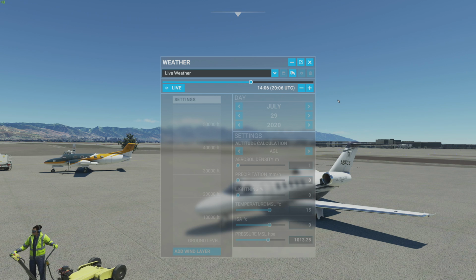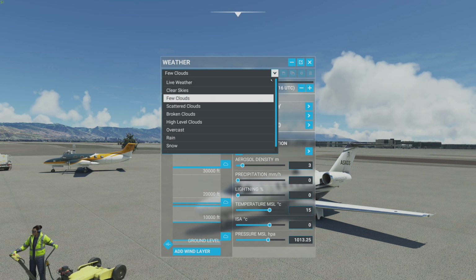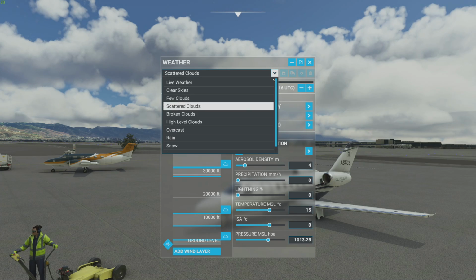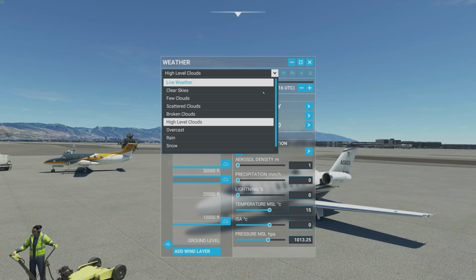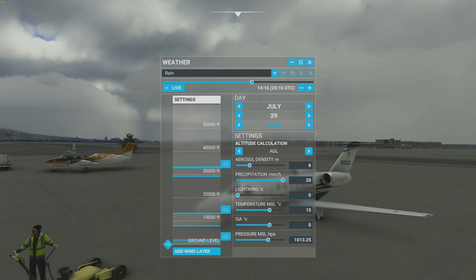This is something that I think I'm going to do a completely separate video on, how amazing the weather customization is, but I'll do a quick preview for you here. If you want to switch away from live weather and you want to go into something else, again, it is at the palm of your hands with a simple click of a button. Look at that. Few clouds, scattered clouds, high level clouds, overcast, rain, and the best thing about it is that